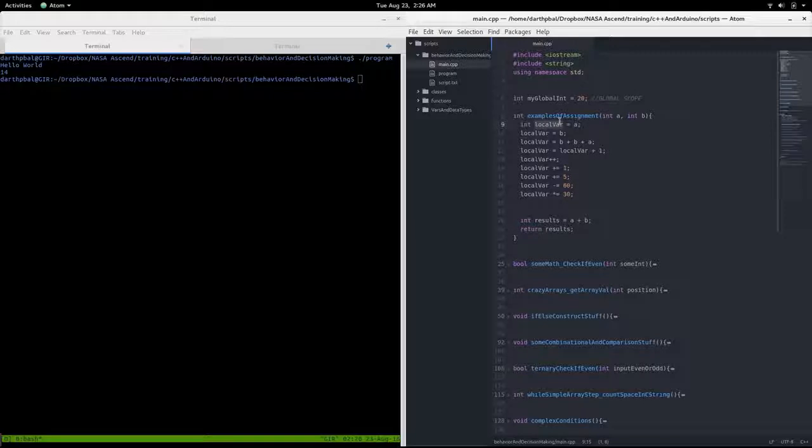We can declare a local variable and then store this input into that if we want to. We can store that for both of them. We can also do something crazy like this, where we add the values together and then store that into this. Or we can just add one, or we can do something special, because adding one is so common in C++